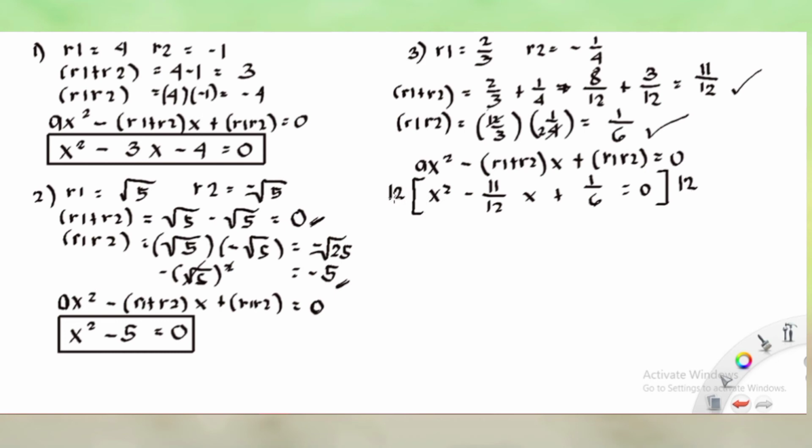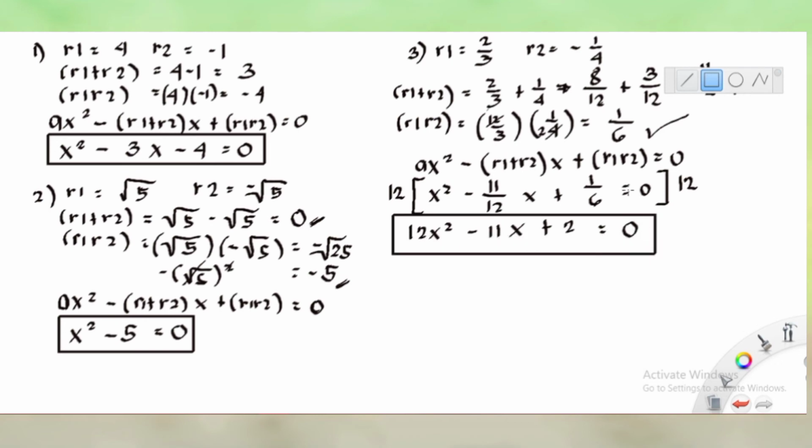Multiply 12 and x squared. 12 times x squared is 12x squared. 12 times negative 11 over 12 x, the 12 and 12 cancel, so what's left is negative 11x. And then, 12 times 1/6, the 6 is cancelled, 12 divided by 6 becomes 2. That is plus 2 equals 0. So, this is the quadratic equation. The quadratic equation is 12x squared minus 11x plus 2 equals 0, given the roots 2/3